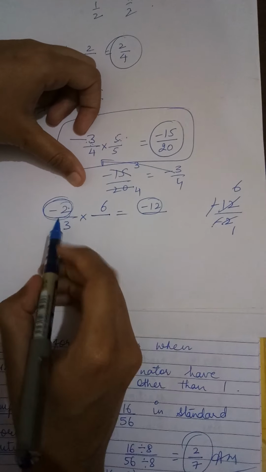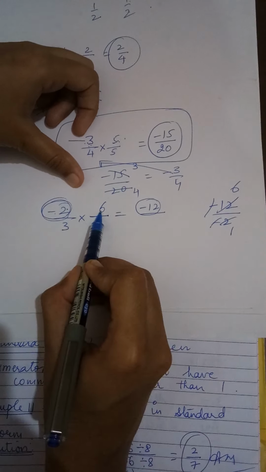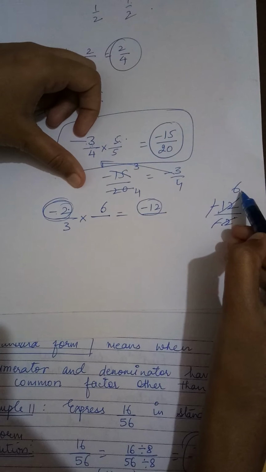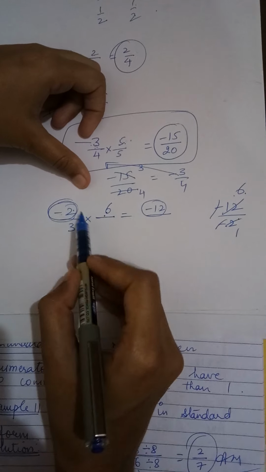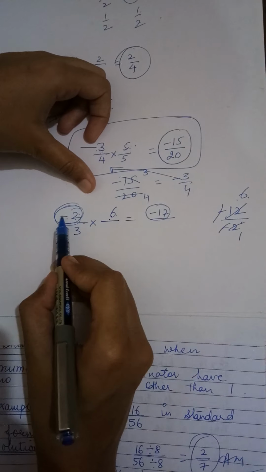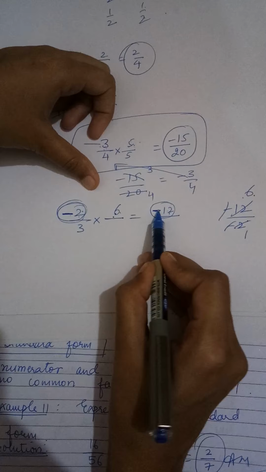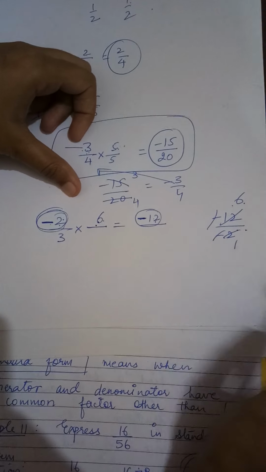So what I am going to do is I am going to multiply minus 2 by 6. Now just see, when I divided, I got the answer 6 here. The same number I am going to multiply here. Obviously because 2 sixes are 12, and because minus sign is there, so I am going to place here minus. That's how also you are able to find it.